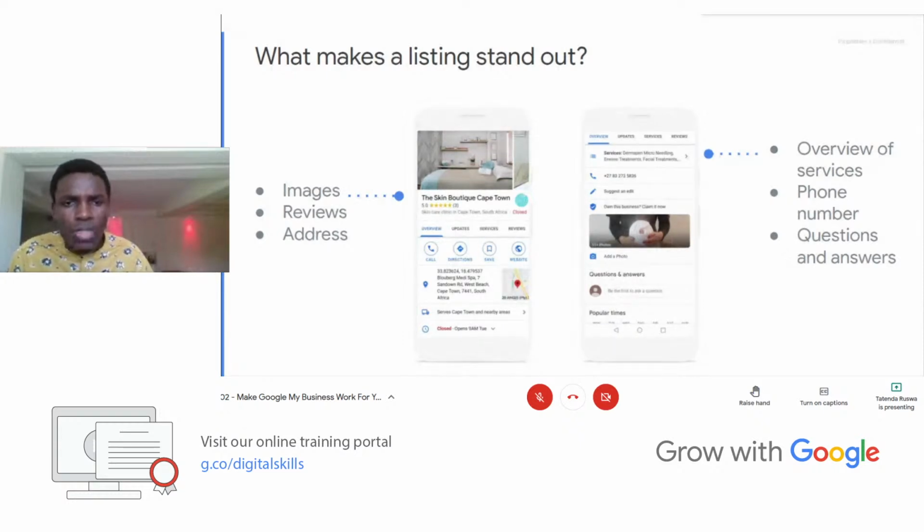So you want to ensure that things like images, relate a lot to imagery. They want to be able to actually see whatever it is. If they are looking for a product, they want to see or have a feel before they can visit the actual shop. If it's a service, maybe like you are offering a shared accommodation, they want to see how it looks before they can take any further decisions. So that's why it's very important to ensure that you have things like images, reviews, very key,